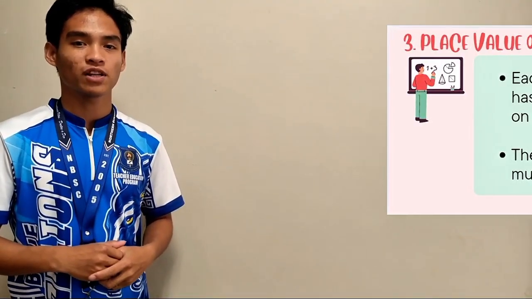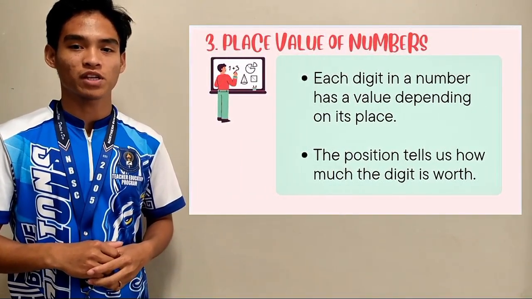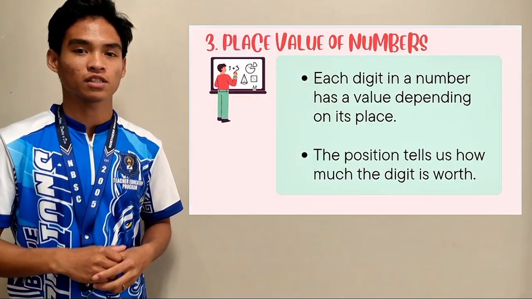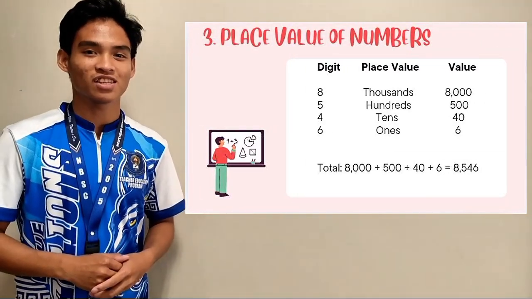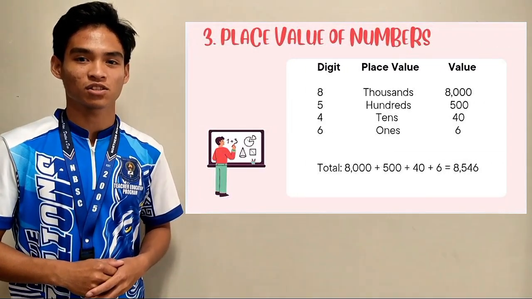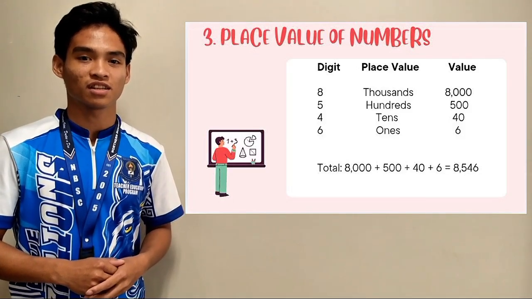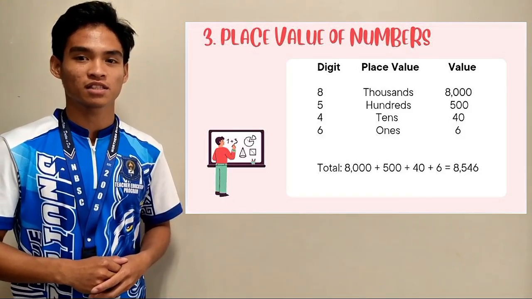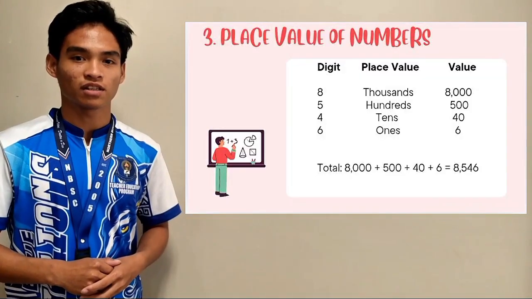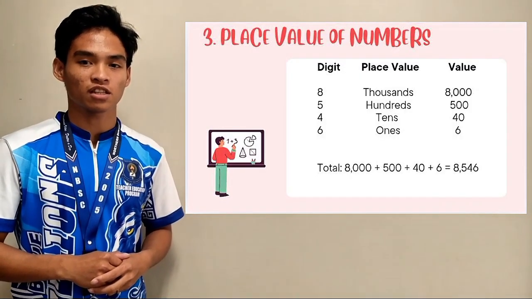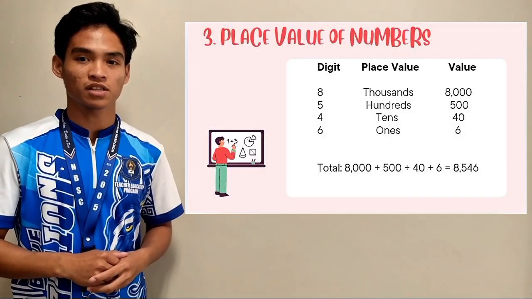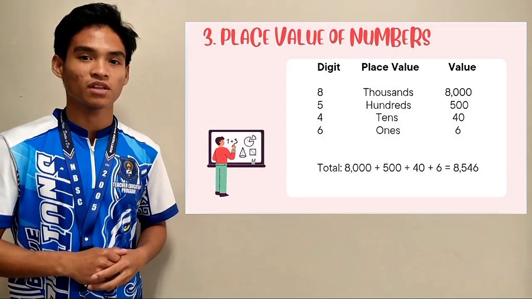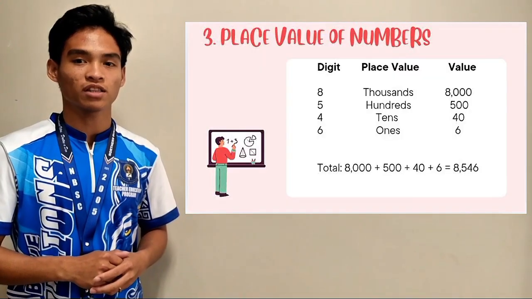Number 3, place value of numbers. Now let's talk about place value. Each digit in a number has a value depending on where it is placed. Take the number 8,546. The digit 8 is in the thousands place, so it represents 8,000. The digit 5 is in the hundreds place, so it represents 500. The digit 4 is in the tens place, so it represents 40. The digit 6 is in the ones place, so it represents 6. Together, this adds up to